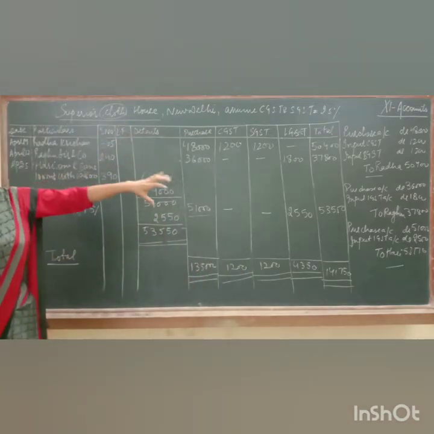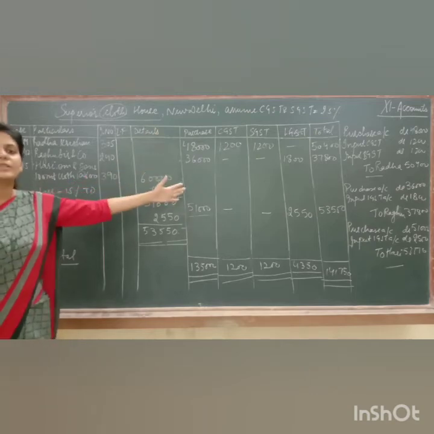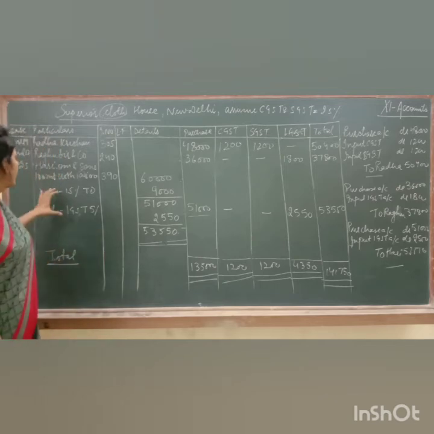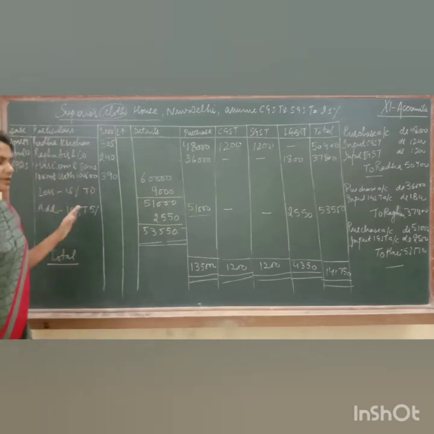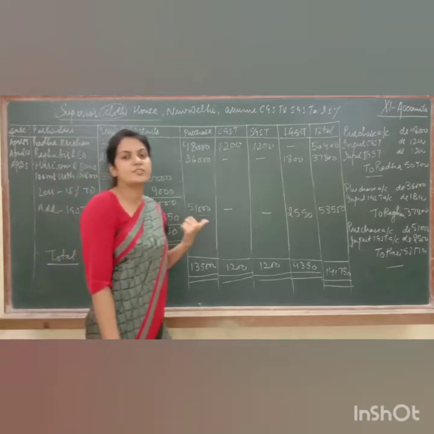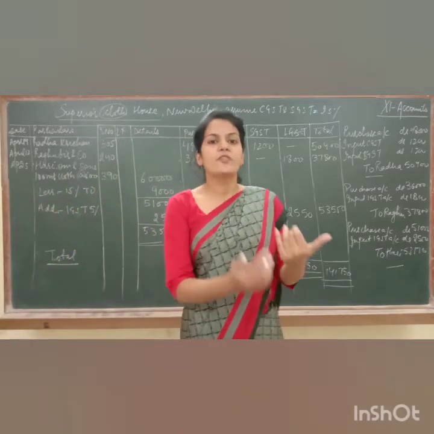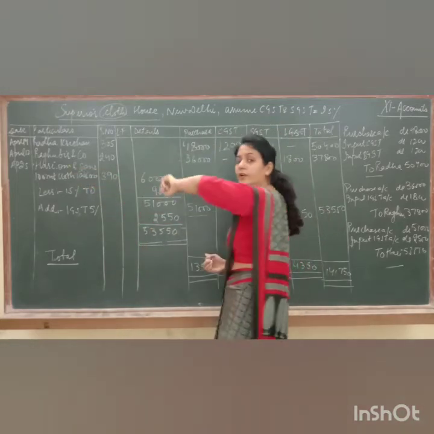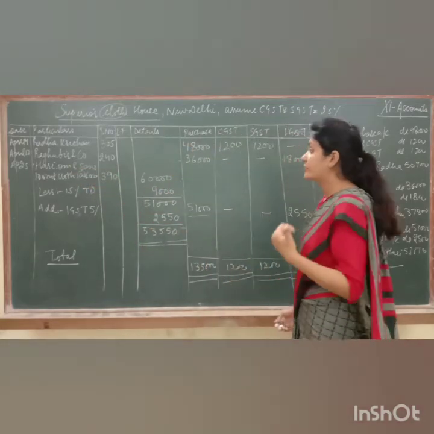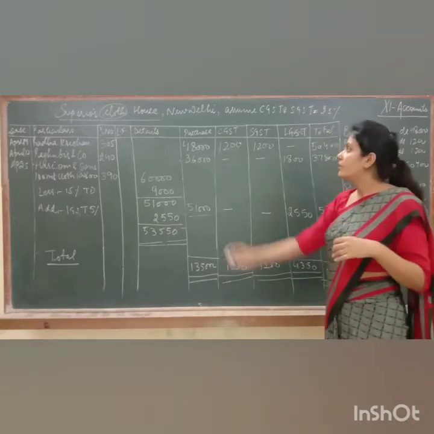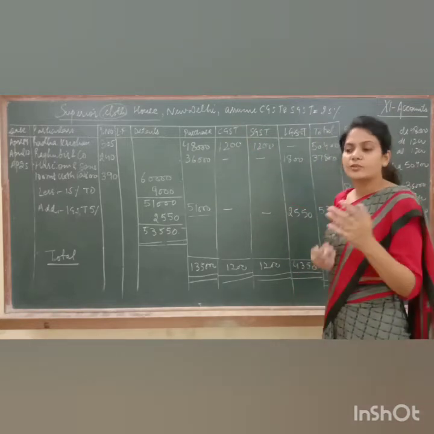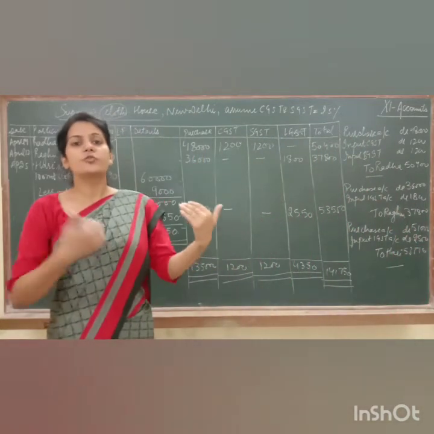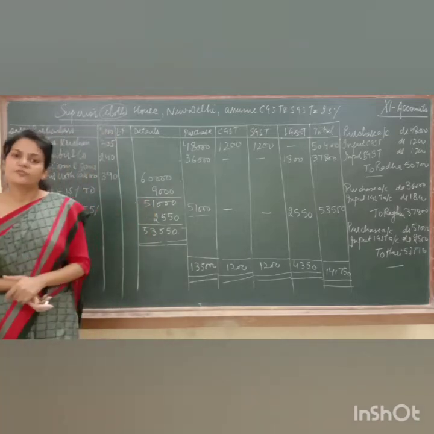Now after passing the journal entries, we have to post these entries in the respective ledger books. One thing I want to tell you, you might have read that in this last transaction, freight is also there. Freight charges means transportation charges which we have incurred for getting the goods from the factory of Hari Om and Sons, and the factory is in Gujarat, to our own business which is in New Delhi. So the transportation charges which you have incurred for bringing the goods from Gujarat to New Delhi are known as freight charges.